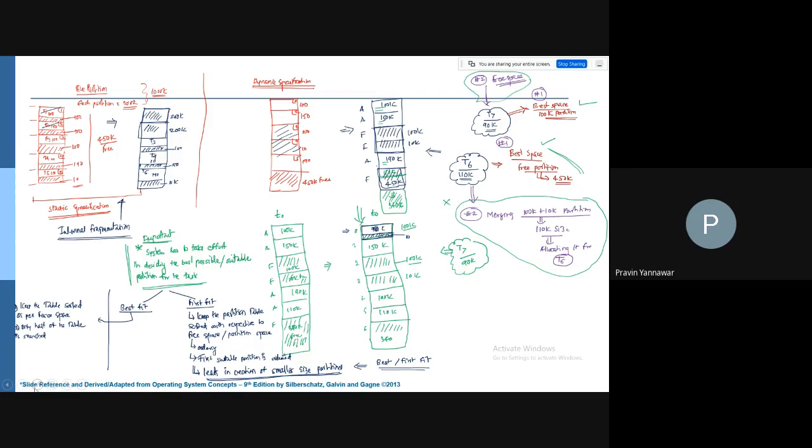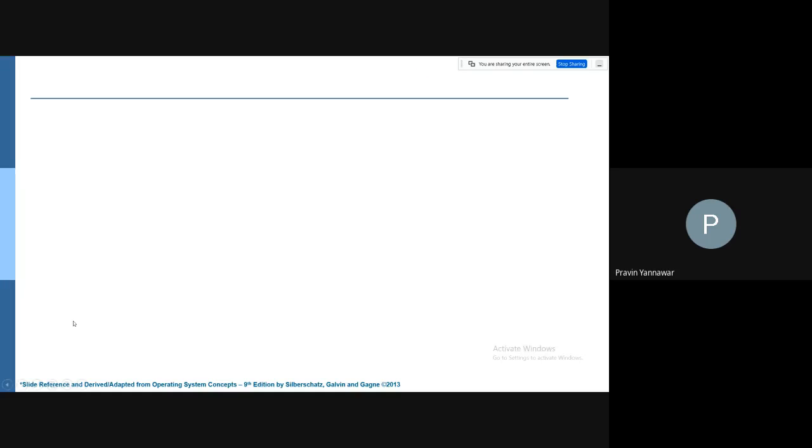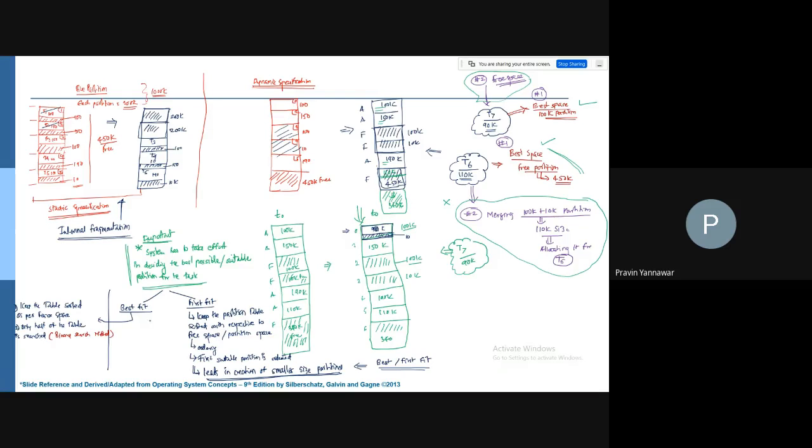So here we are going to adopt the binary search method. So this is linear search and this is binary search. We check the middle entry, and if the table is sorted, we select half of the table.